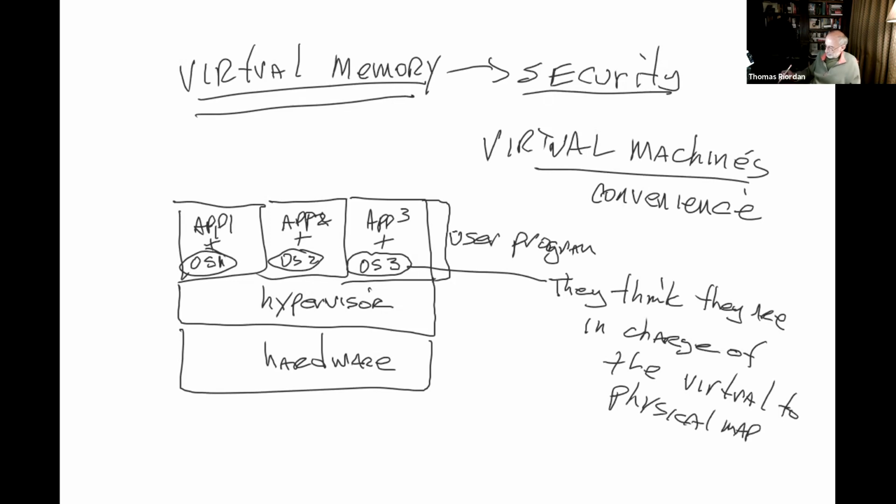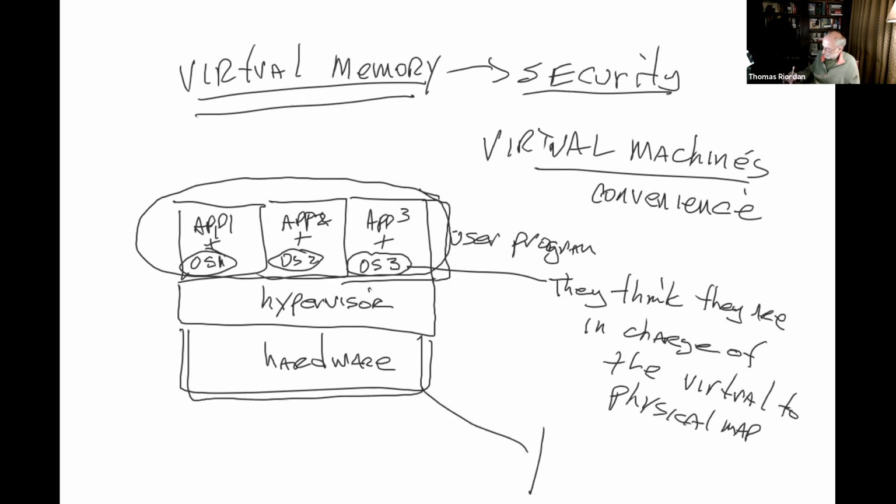But they can't be anymore, because we have 3 completely different operating systems running now on top of this one piece of hardware that only has one piece of physical memory, one piece of main memory. And so all 3 of these guys here that all think that they are in charge of the mapping,